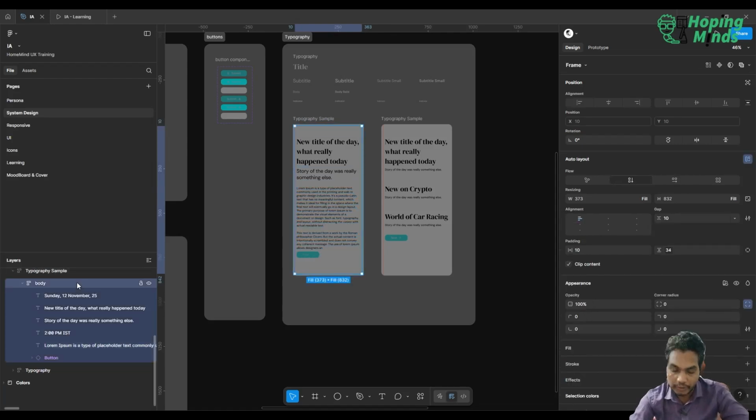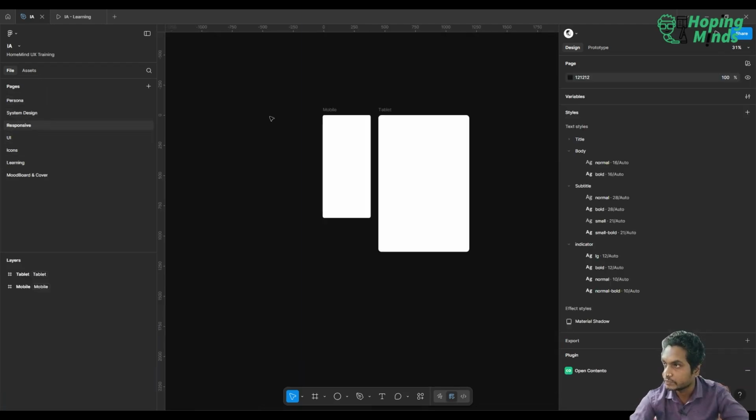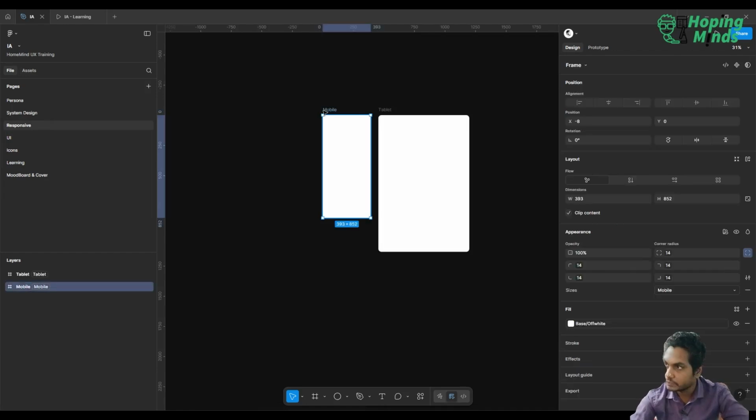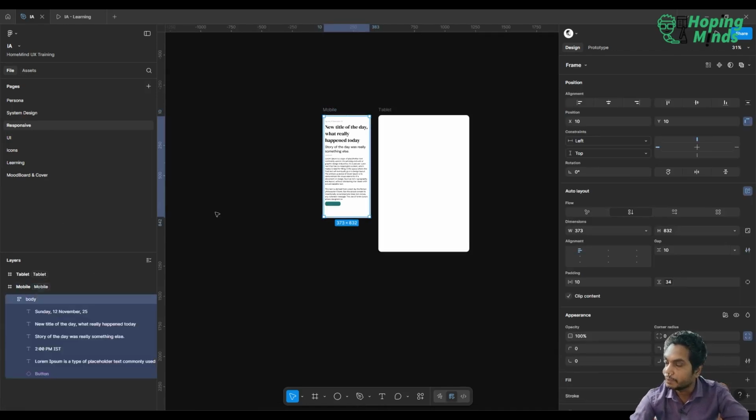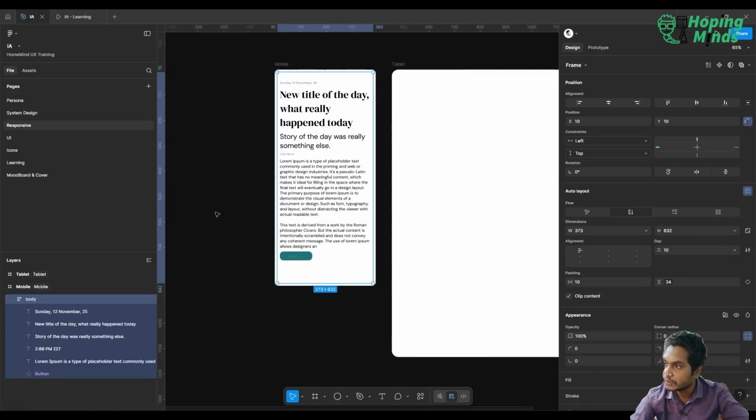Okay, we'll take the body from here, and we will place this into responsive. We place this body in responsive, and